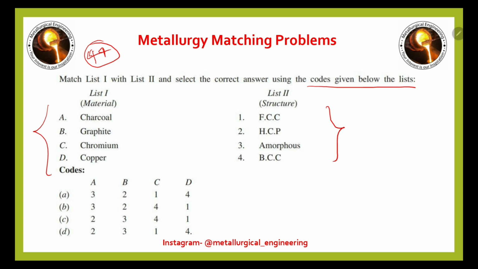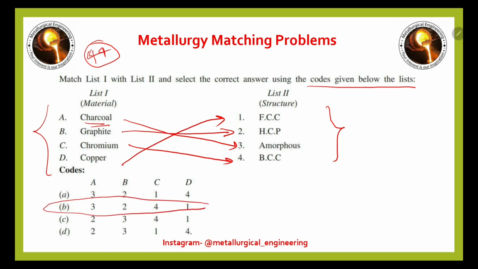So charcoal is amorphous, graphite is HCP, chromium is BCC, and copper is FCC. So the correct answer is B here, that is A3, B2, C4 and